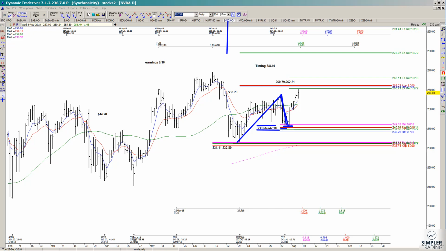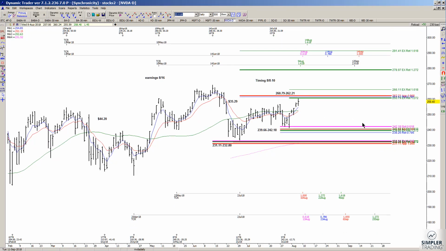to look at, I can find this, all right, here we go, is of the larger swing. Actually, that would be this swing here from this setup. The typical target that we're always looking for is this 1272 extension, which comes in at the 278.97 area. Now, that is still possible, but as far as managing a trade, well, the shorter term target has just